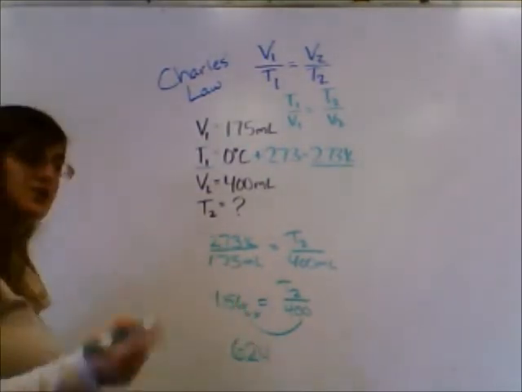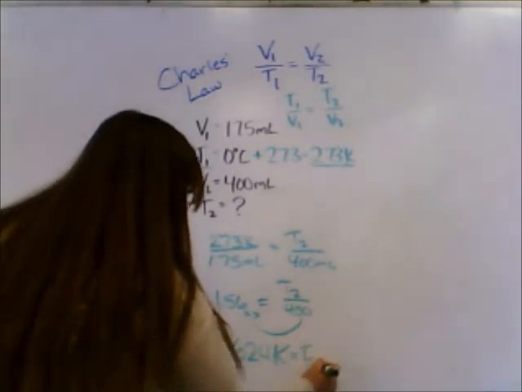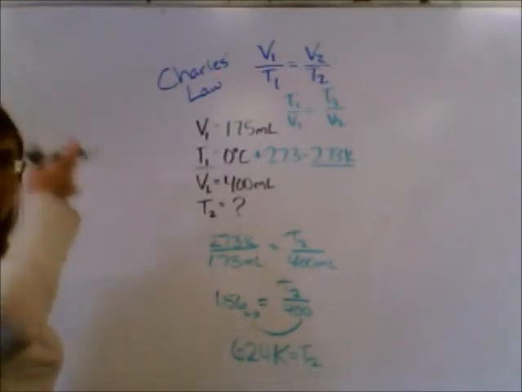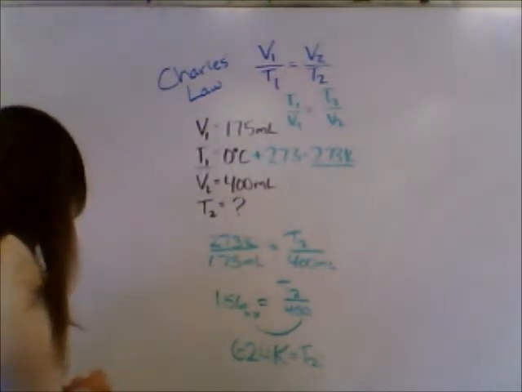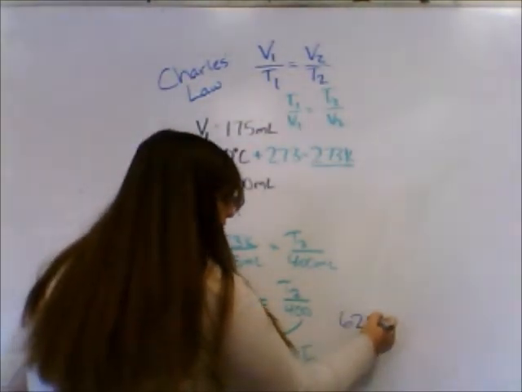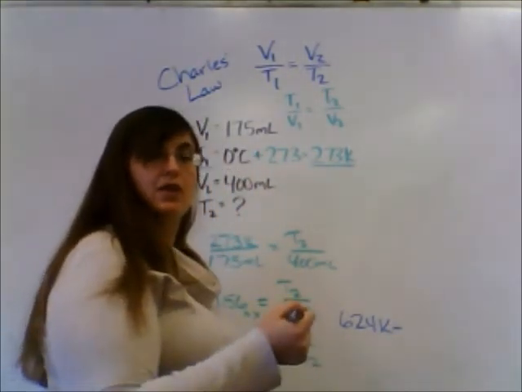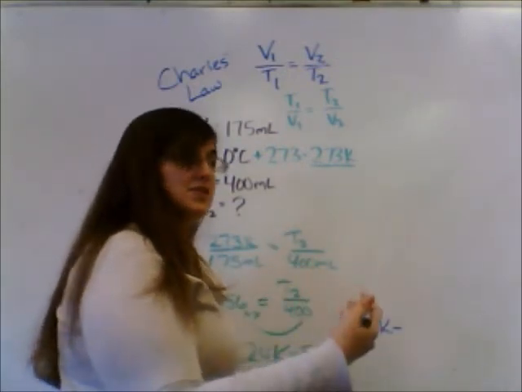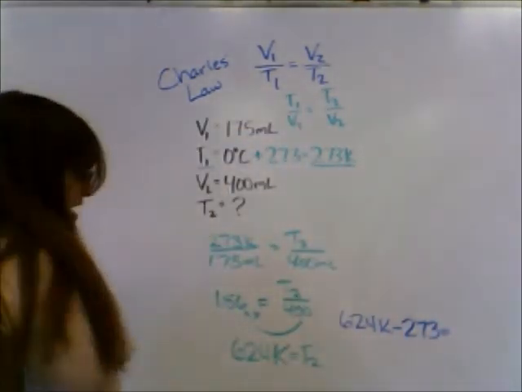624. Now what unit is our temperature always going to be in? It's going to be in Kelvin. So this is going to be our T2. Now most people don't use Kelvin in their day-to-day lives for their temperature readings. So we actually want to figure out what this means in regards to temperature in reality. So 624 Kelvin, and if we added 273 to go from Celsius to Kelvin, we're going to subtract 273 to go from Kelvin to Celsius. So that's minus 273 equals